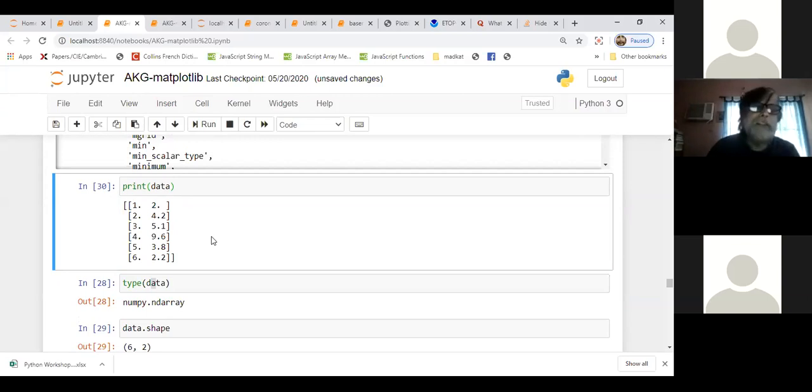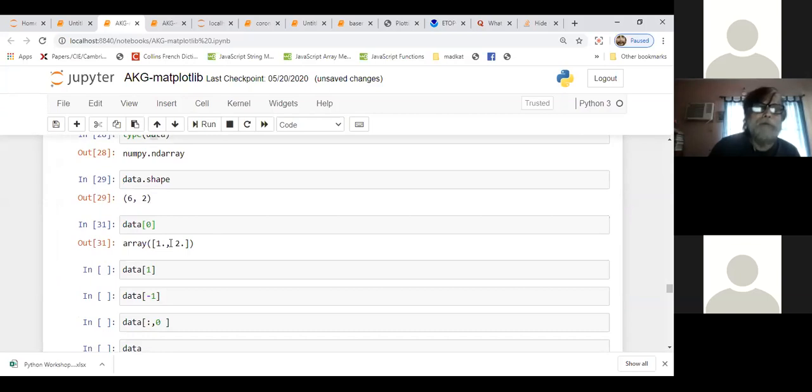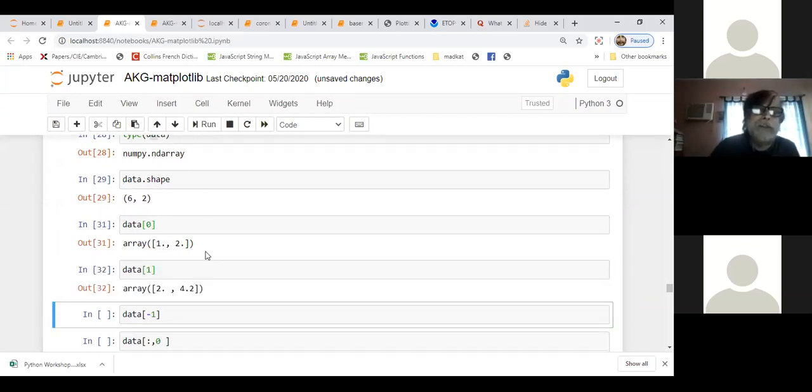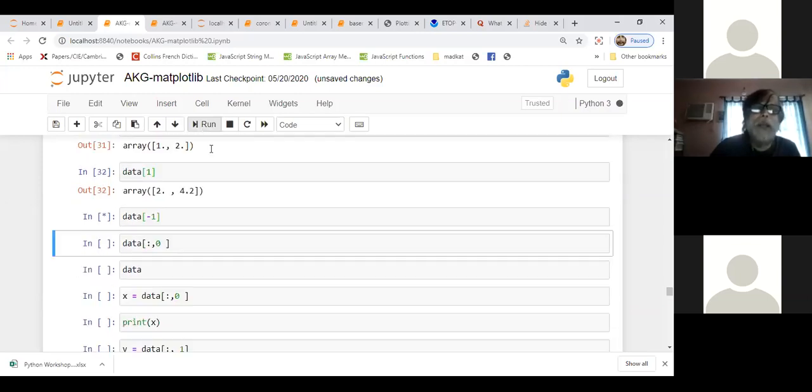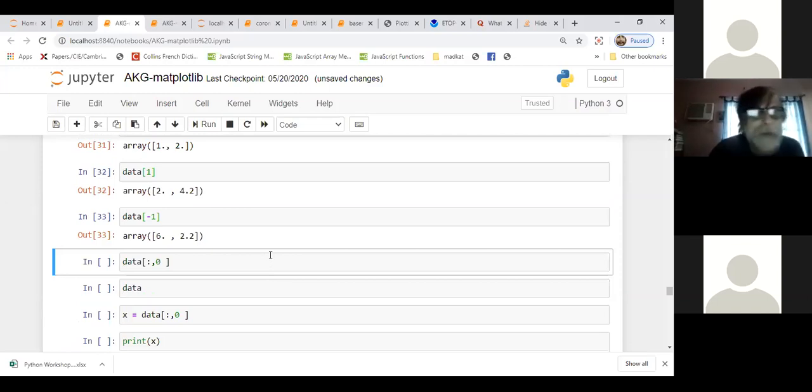Total 6 elements, but it begins from 0, so basically 0 to 5. So you get to see what is the 0th element, what is the 1st element, etc. And -1 means the last element. That way you can extract a particular row or column.